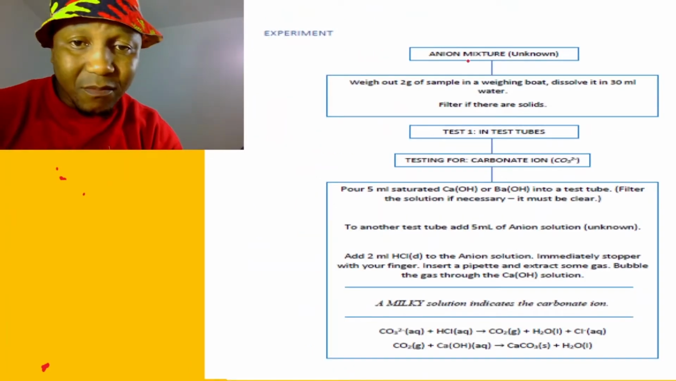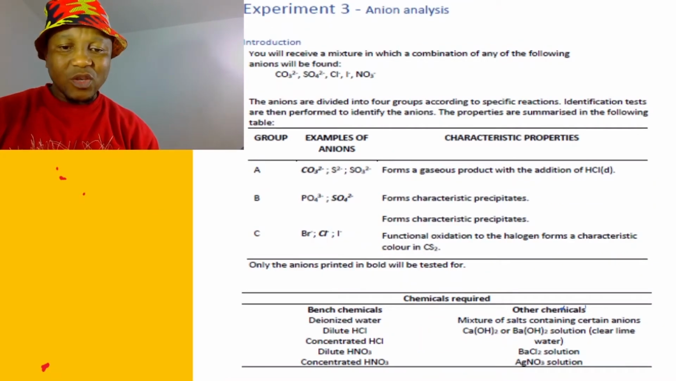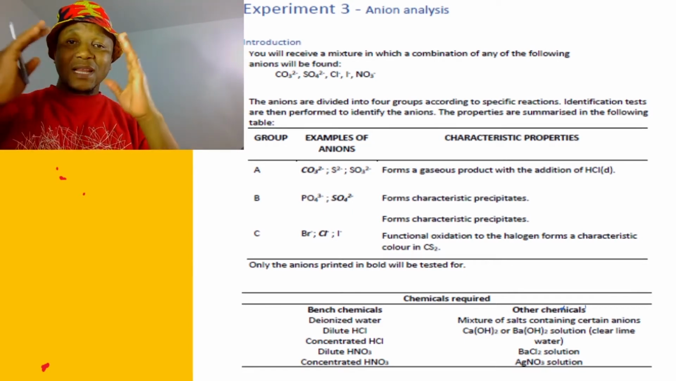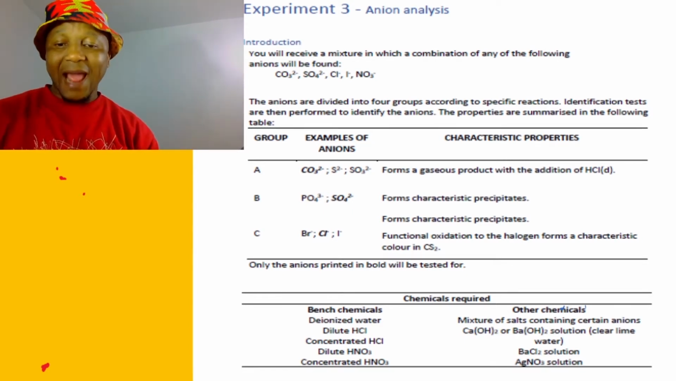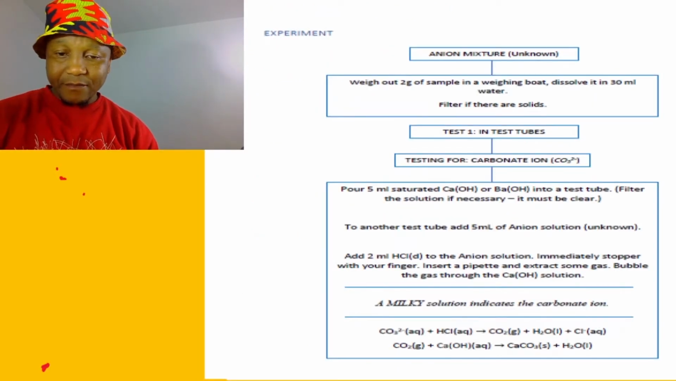So there's some, let me show you some. So now what happened is, all these you're gonna need. You see what I'm saying? All these you're gonna need: concentrated nitric acid and all the anions. Now let's go to the next page. Next page, they say here,